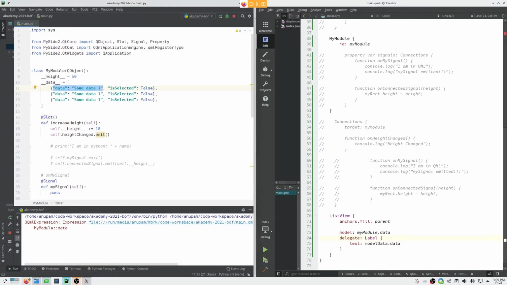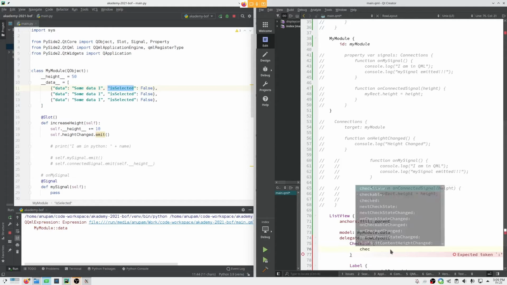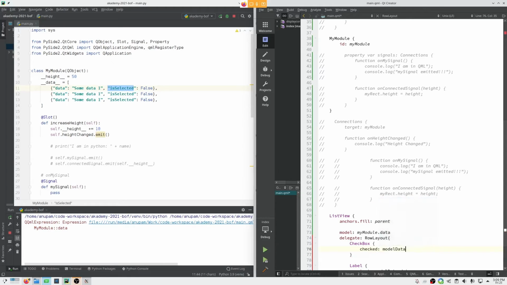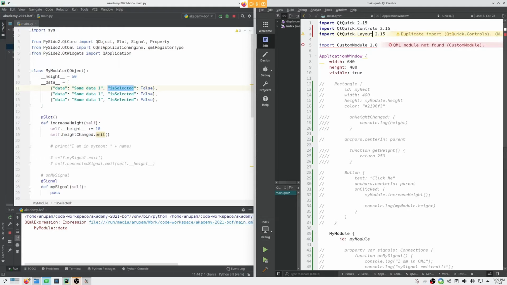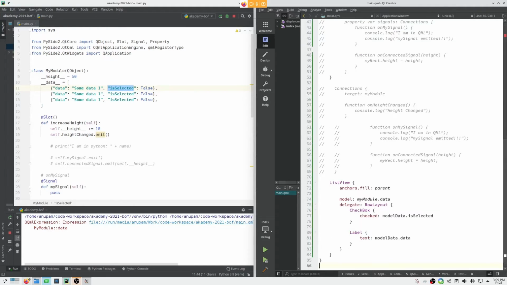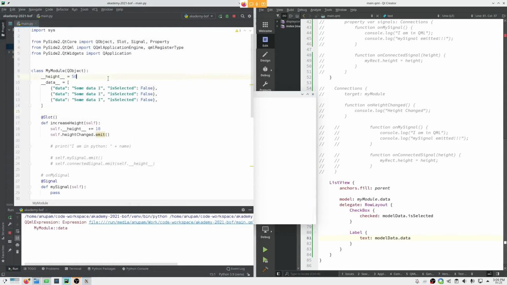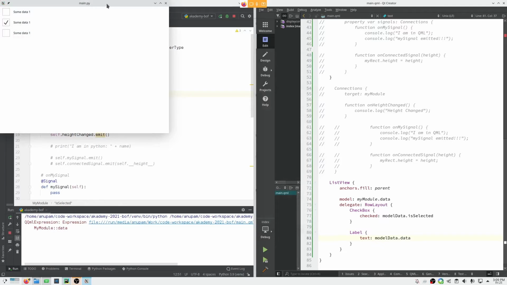I'm showing a text with this data, and with is selected, I can show a checkbox beside it.